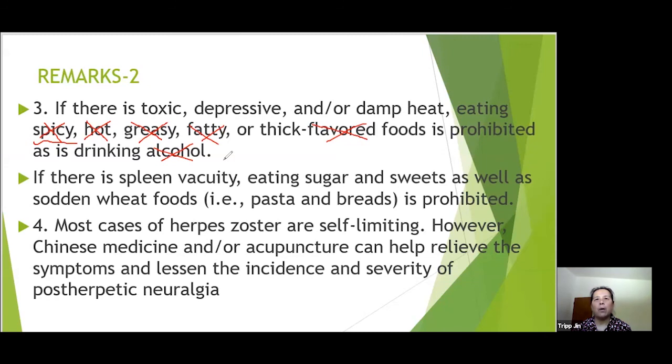More vegetables, more vitamins, and easily digested food will be good for the patient. And if the spleen is deficient, try not to eat too much sugar or spicy food,